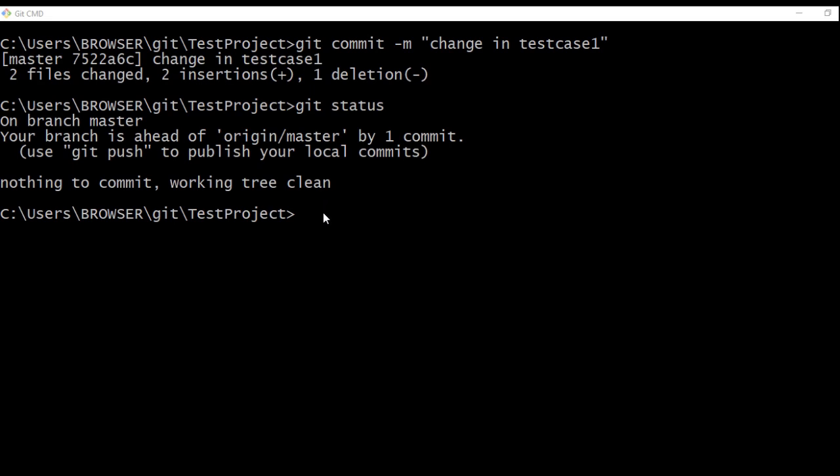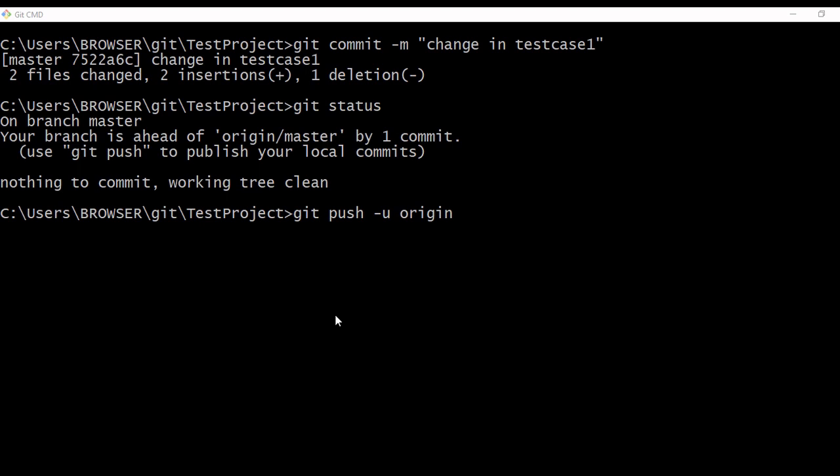As you have seen, I have added two different files by giving two different commands and giving the folder paths and file names. Instead of that, you can use wildcard characters. Here, to add all the files at a time which are changed, you can give the git add star command. This command will stage all the changes that are there in the project and will be added to the staging area. After that, you can commit those changes.